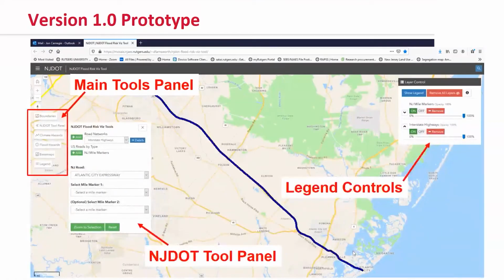This is just, I've got a couple of screenshots of the prototype to run through. So on the left is the main tools panel. That's where you will access pop-up windows for the DOT tool panel, the boundaries, climate hazards, flood hazards, etc. The search window appears here under the NJDOT tool panel, and then you have legend controls. This is very similar to the interface already available through New Jersey Flood Mapper and other similar tools that are built off of ESRI